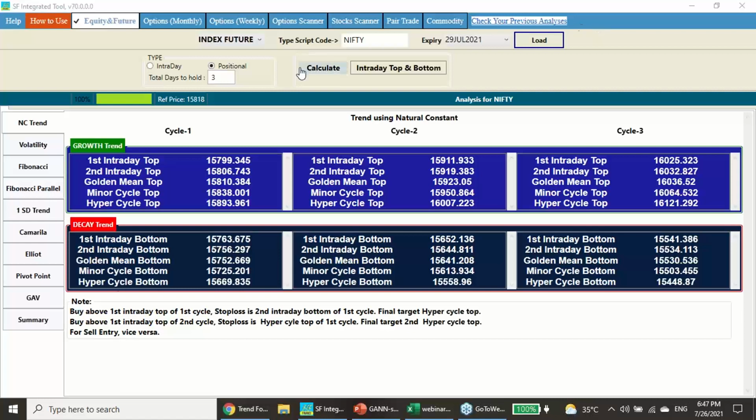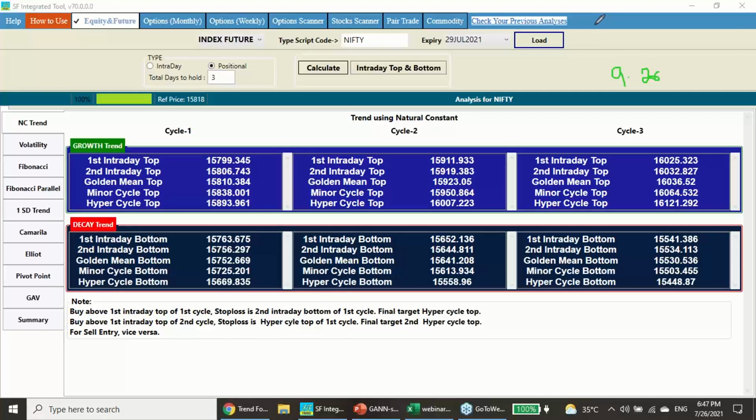If you are going to do it for intraday, as soon as the market opens, wait for 5 minutes, because this system requires 5-minute data for calculating the real-time volatility. 9:15 market opens, just wait for 9:20, load the data, calculate and follow those levels. And here, as I told you, the trading process is very, very important.